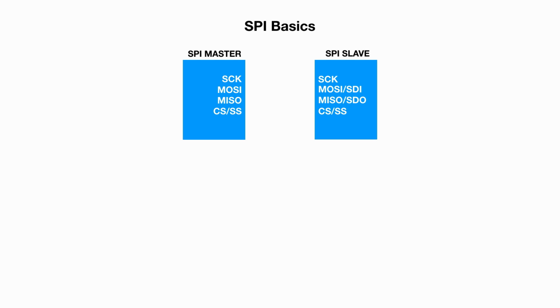The serial peripheral interface bus is a synchronous serial communication interface, commonly used by microcontrollers for communicating with one or more peripheral devices. There is always one master microcontroller which controls the peripheral devices. There are three lines common to all devices: